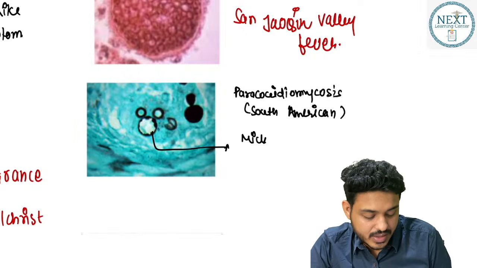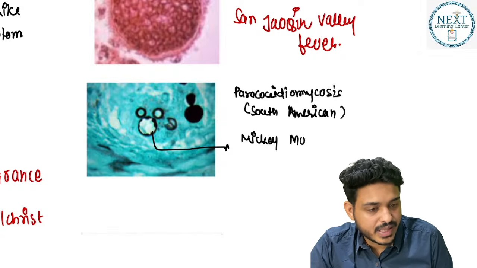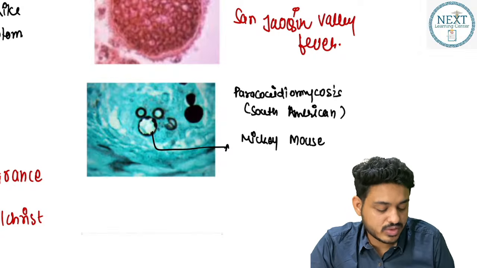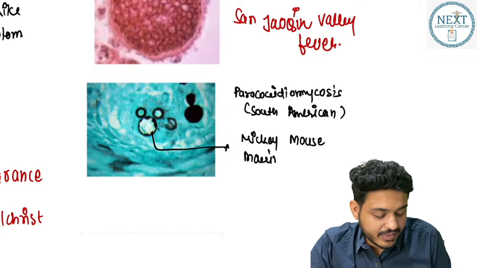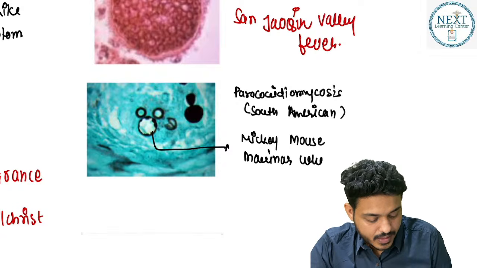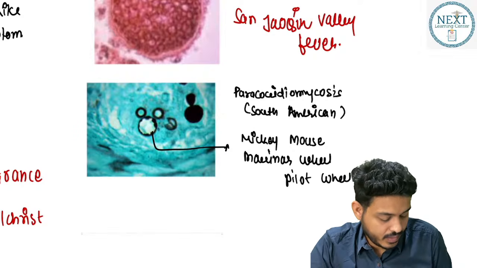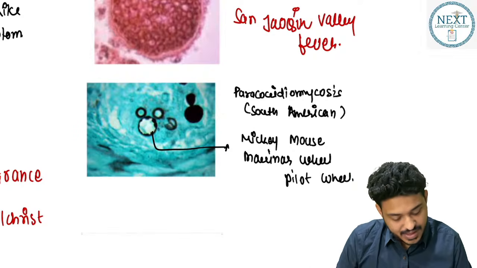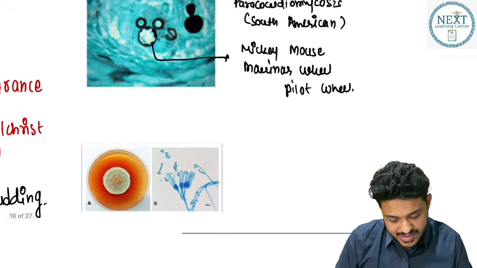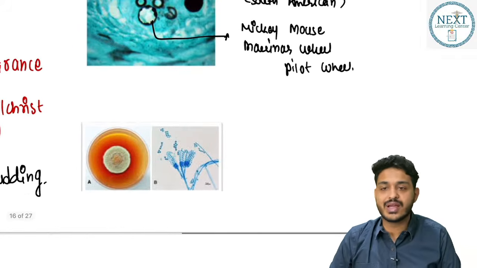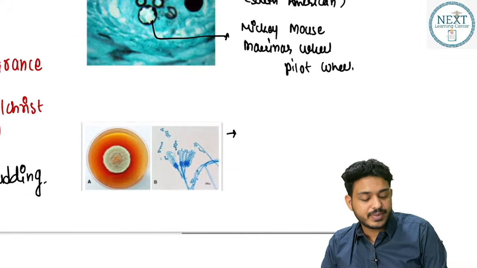is known as what? Mickey Mouse appearance, also known as Mariner wheel appearance, also known as pilot wheel appearance. Right? So these are the appearances that we are going to get in this particular one. This is going to be the paracoccidioidomycosis, and the last one is going to be P square, that is going